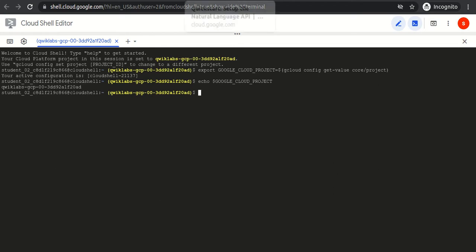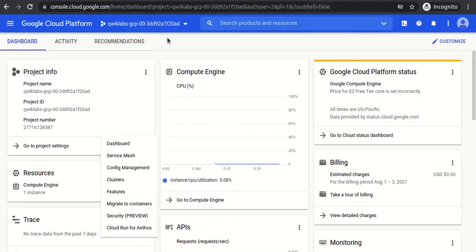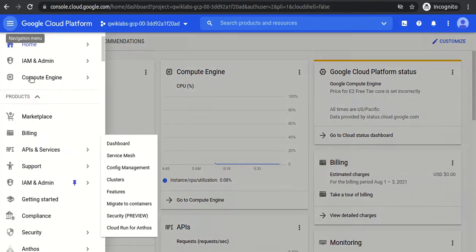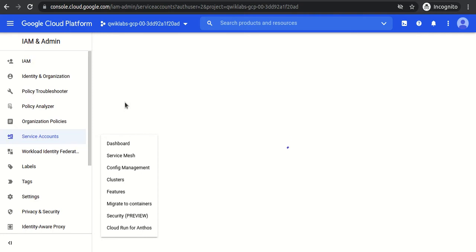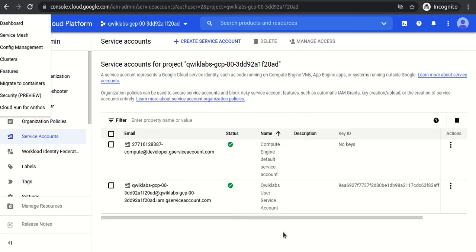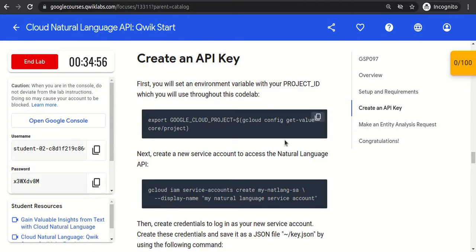Alright, so this is done, and let me parallelly open the IAM panel. If you go to IAM and then to service accounts, we have two service accounts right now, Compute Engine and the Quick Labs, right? But as part of this lab, we will create one more service account.